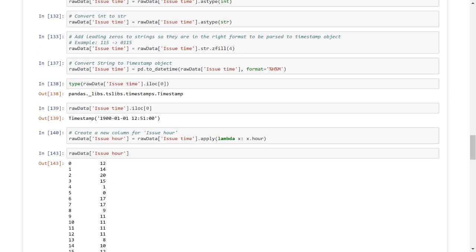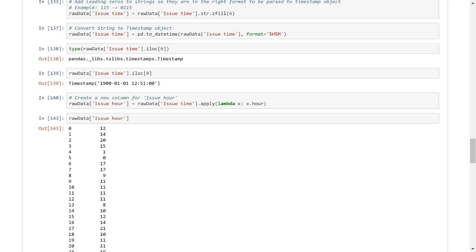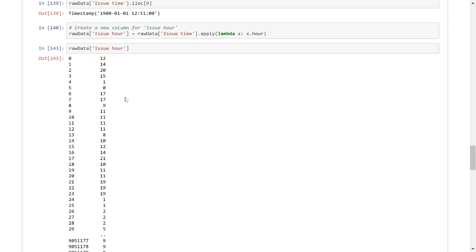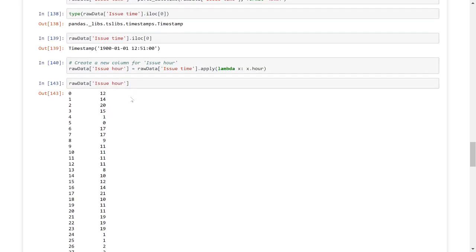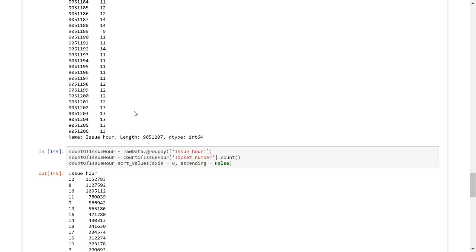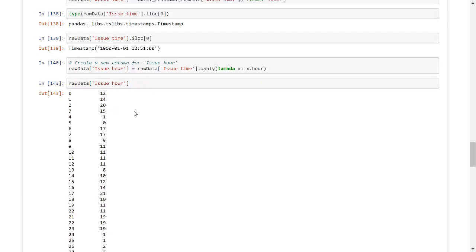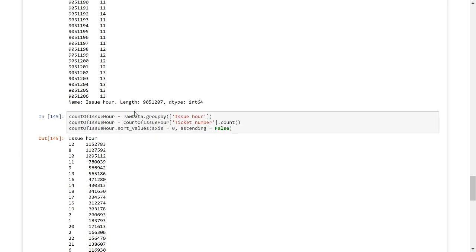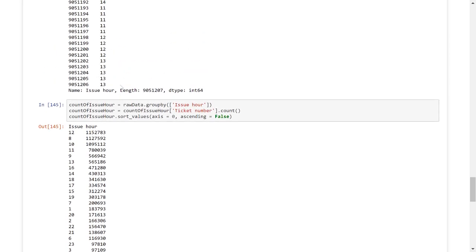And then as you can see, now it reads in correctly, and I basically ignore the dates because that's not what I'm focusing on. And then I create a new column for the issue hour rather than just focusing on this part right here. So I use a lambda expression again, and this is a new column that I just created called issue hour. And then after that issue hour,